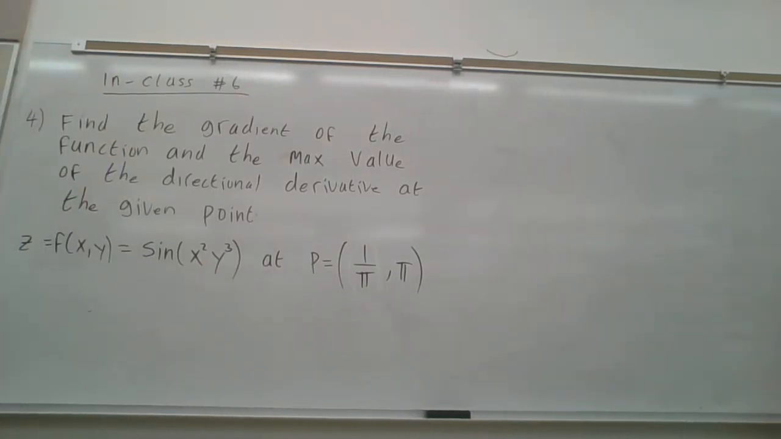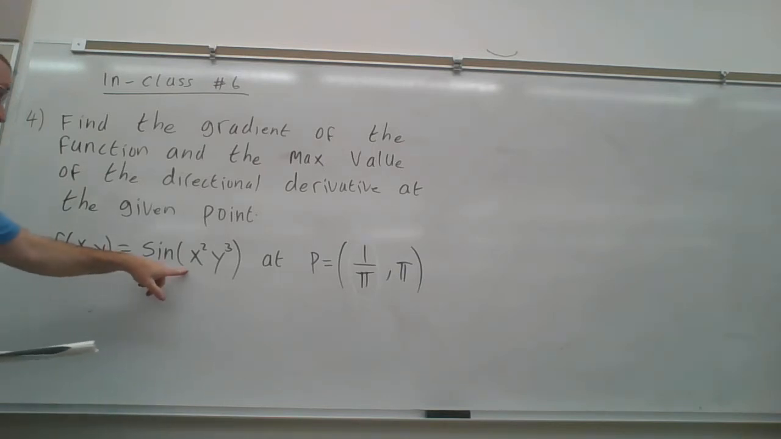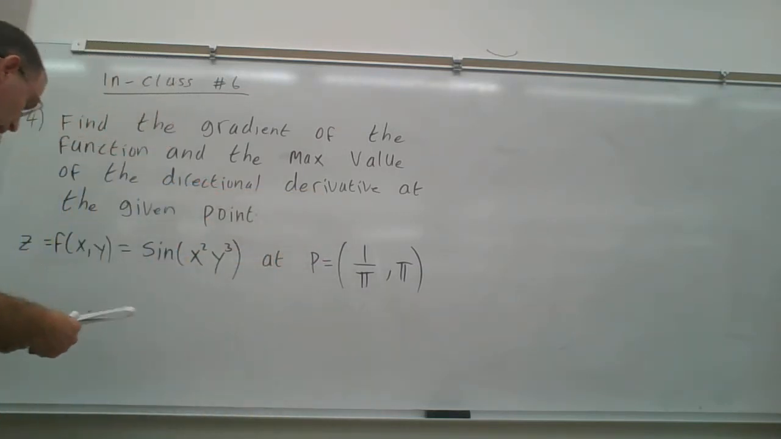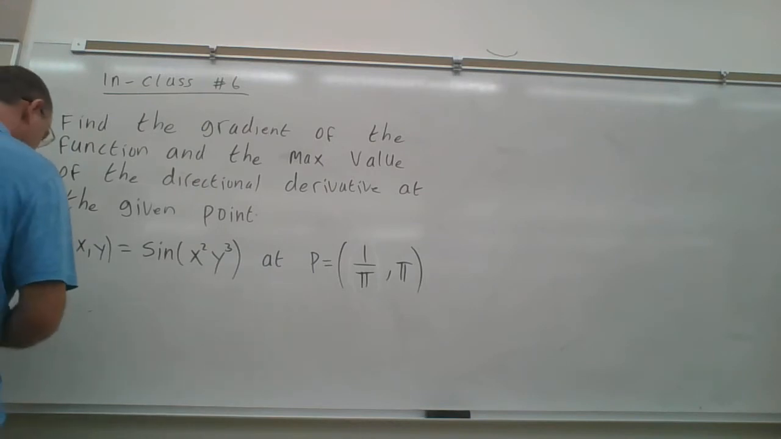Okay, so let's do in class 6, number 4. It says find the gradient of the function and the max value of the directional derivative at the given point. And our function here is sine of x squared y cubed, and here's a point, (1/π, π). So by theorem 12,